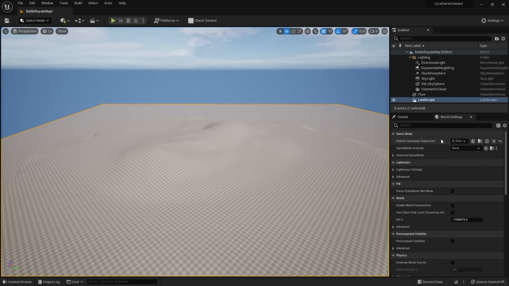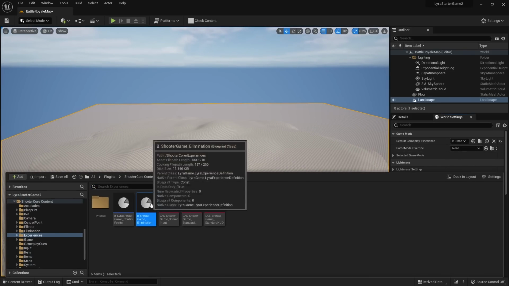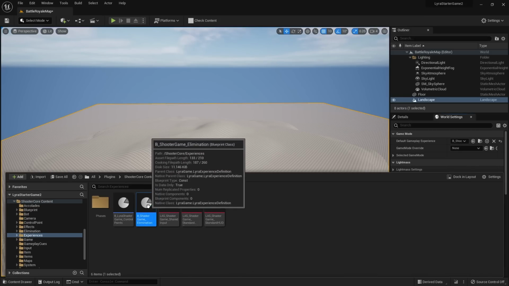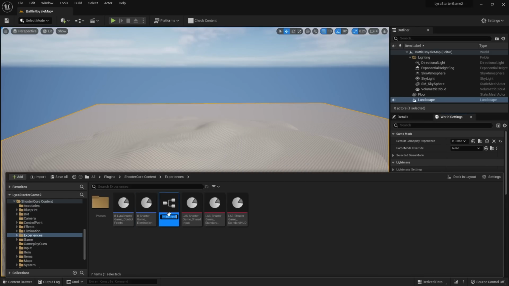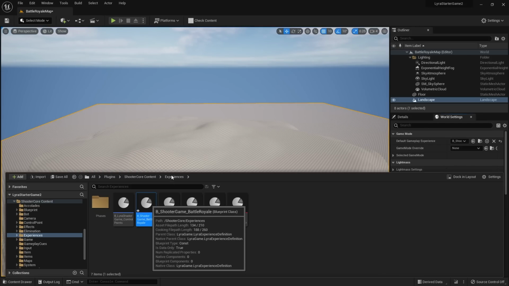Now what we want to do is implement our own gameplay experience. So if we go ahead and click this browse to asset, it's going to show it inside of our content browser. Now let's go ahead and just duplicate this shooter game elimination. So go ahead, right click and duplicate it. We're going to name this B_ShooterGame_BattleRoyale. Now if you go ahead and double click to open this up,